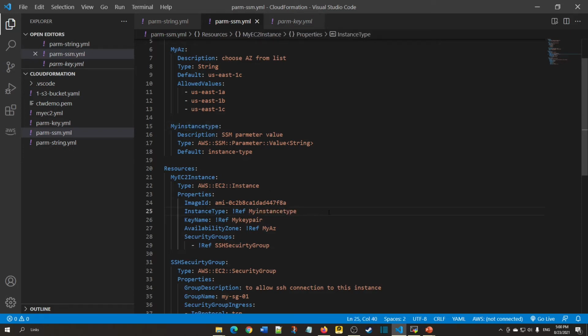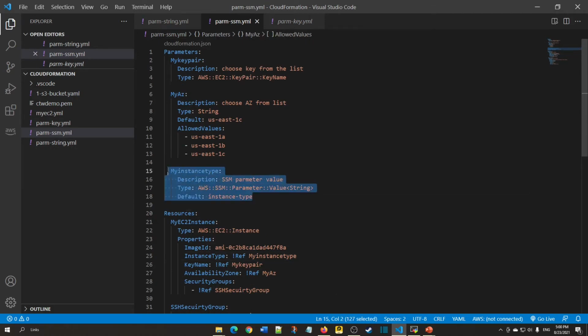Let's copy that here. We have created an SSM parameter with t2.micro in Systems Manager, and we are making use of that name here in the default section. If we have different parameters, this default will help us identify which SSM parameter we are trying to use.